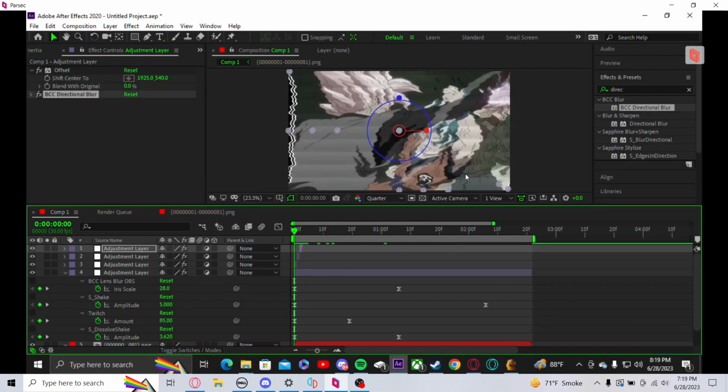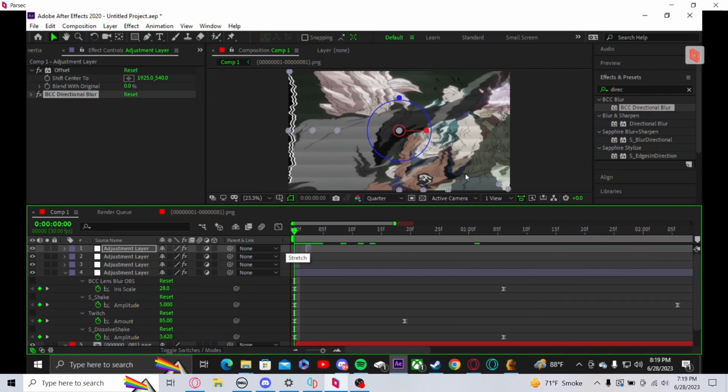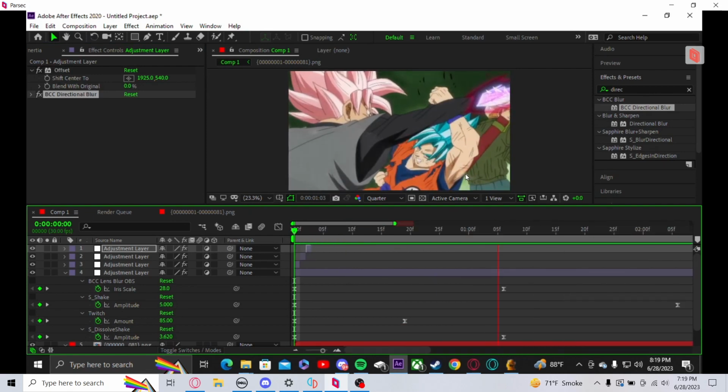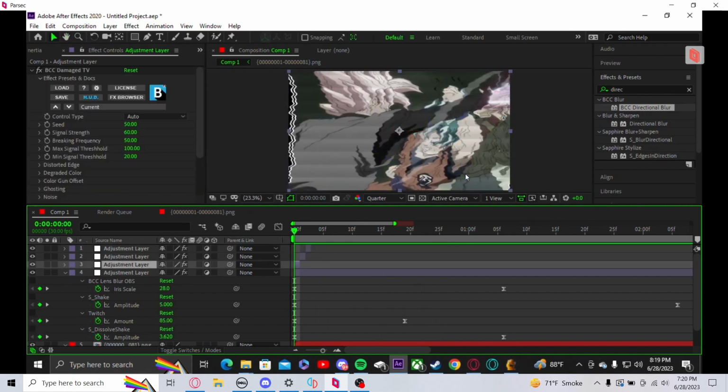So altogether, a one framer or three one framers will look something like this. It doesn't look like too much is happening, but it's a one framer. But like I said, I normally either use it in the beginning or middle. So if I were to show you what it looks like in the end,